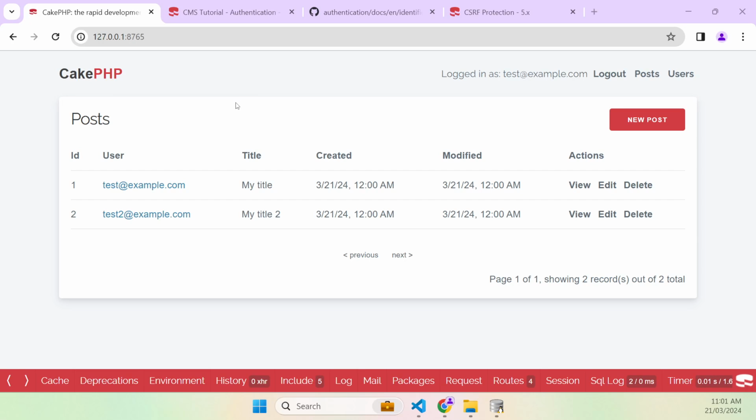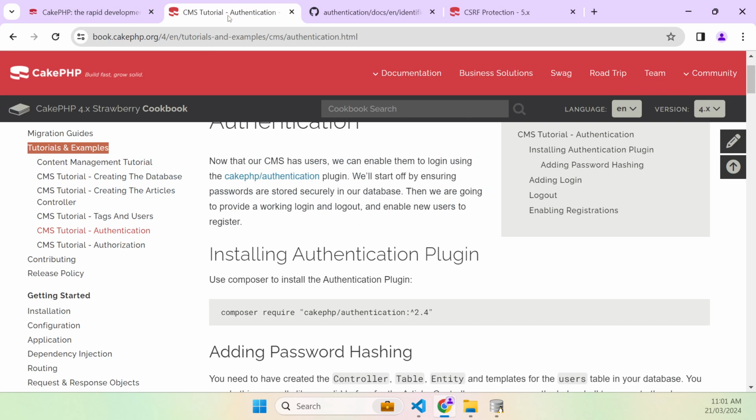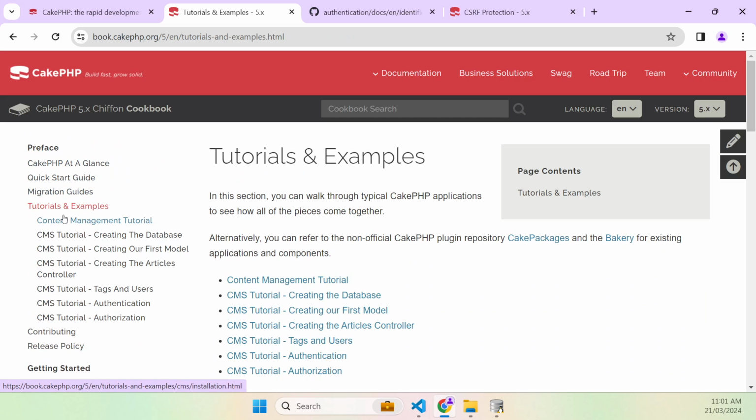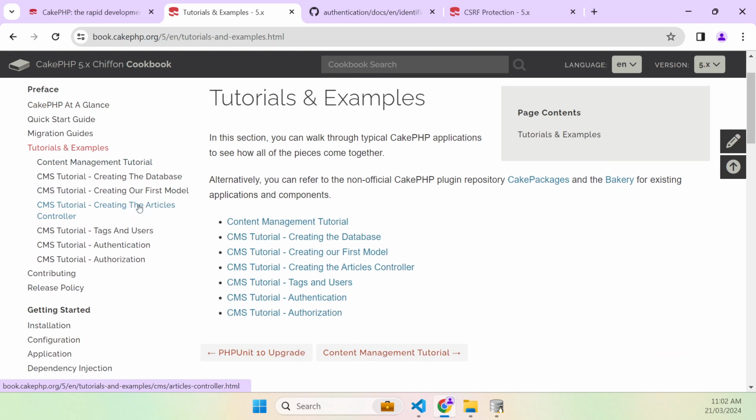This video is on CakePHP token based authentication. The base we're starting from is the CakePHP tutorials and examples from the CakePHP 5 content management tutorial, but I've not bothered with creating articles and tags and those tables, but